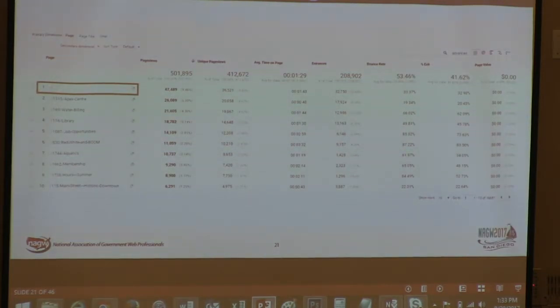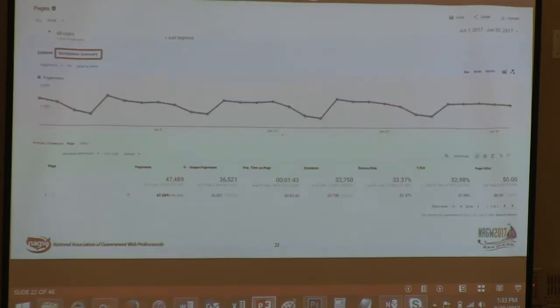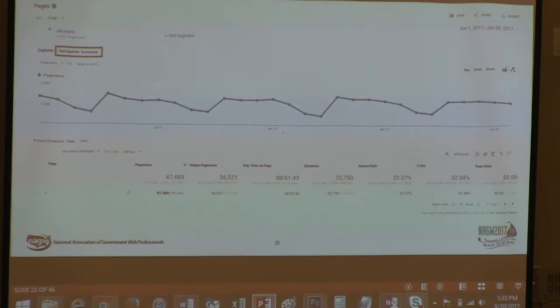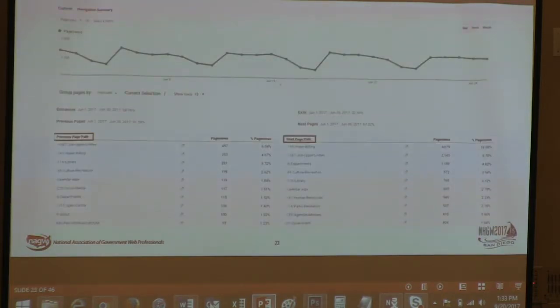But on each page, you might want to know exactly what happened with that page. So then you can drill down into that page and see how many hits they had. You can look at the graph. You can do a navigation summary to see who came to that page and where they went after they left. So navigation summary is outlined in orange up there. And so then you can get to the page that shows how people got there and how people left. So you can see kind of how people are traveling through your website to that page. That can be helpful information if you're trying to determine how people are getting information.